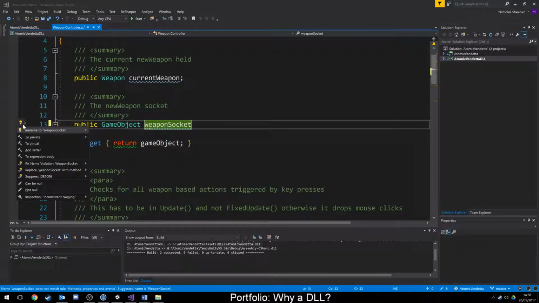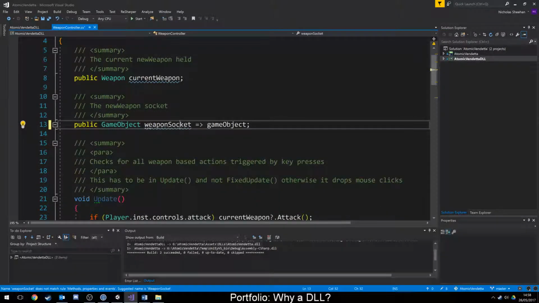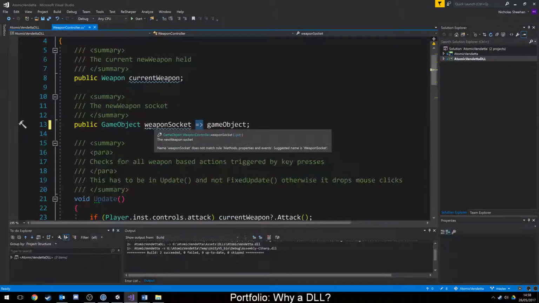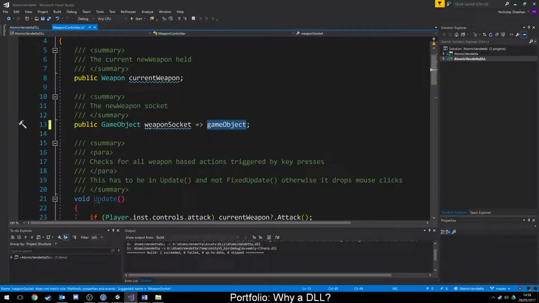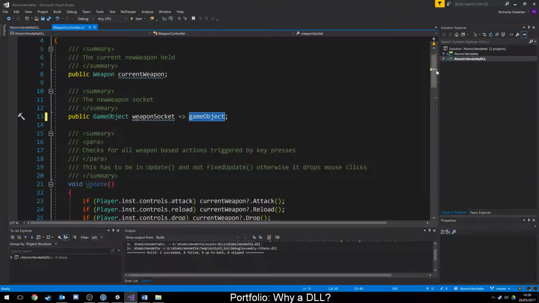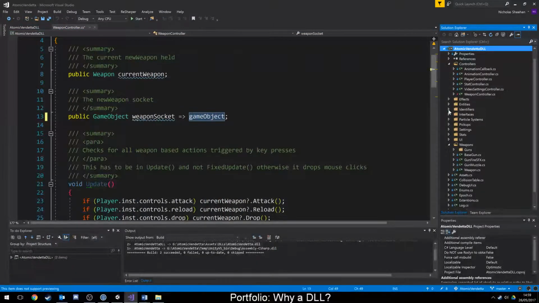It's just something to make reading what you're doing a bit easier. Using this extension called ReSharper, you don't have to have this extension for it to work, but it's a lot easier to, you can change it to an expression body, is what this is. Essentially it's like a method, but when this is called, it goes, oh, it's not actually the weapon socket, it's the game object. But this can also be used for mathematics as well, which is very useful if you've got a very constant